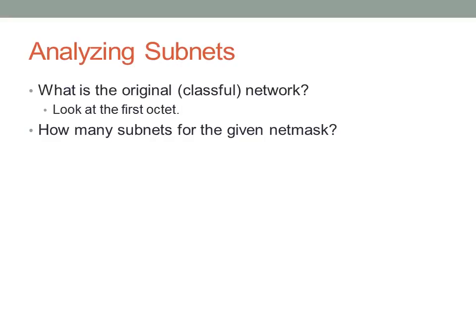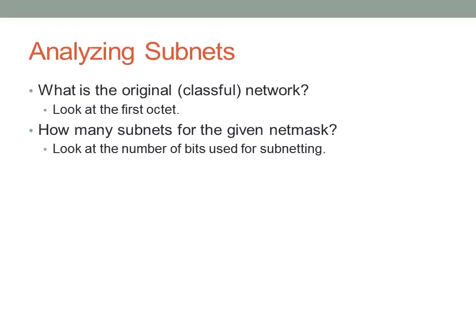And so remember, we're borrowing some additional bits in addition to the bits that were allocated for the network portion by the original classful network. We're now looking at borrowing more bits to be used as the network portion. And so based on that number of bits, how many possible subnets could we have? And then for that, we'll look at the number of bits used for subnetting. So in CIDR notation, it would be that number after the slash, or in dotted decimal, you'll have to do